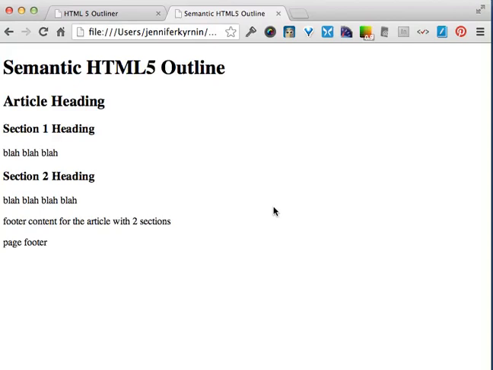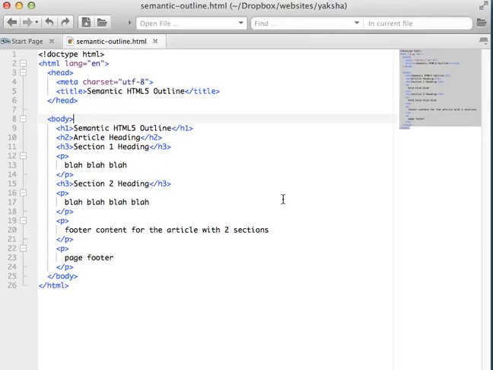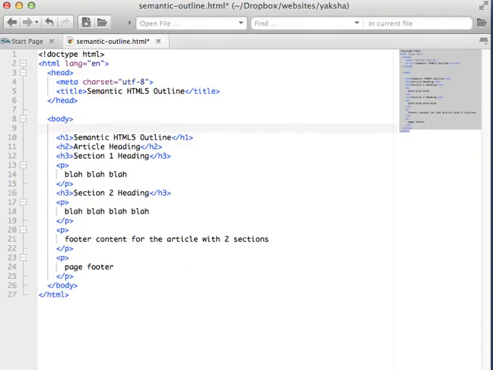But one of the things HTML5 gives us is the ability to add semantics to your document. So if we return to the HTML, here you can see that the HTML has no actual semantics. There's no real meaning behind these tags. Yes, H1 is a headline and P is a paragraph tag, but that's the only semantics we have. So we can add some semantic tags, some of the new HTML5 sectioning elements, to create a more semantically viable